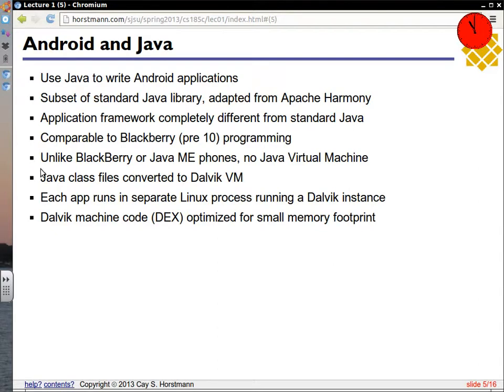That open source library had no particular condition attached to it except that any derivative of it also had to be open source. And so that again is another reason for the open source nature of all of Android. So as comparable in complexity to the BlackBerry framework, it does kind of similar things. It just does them in a different way.